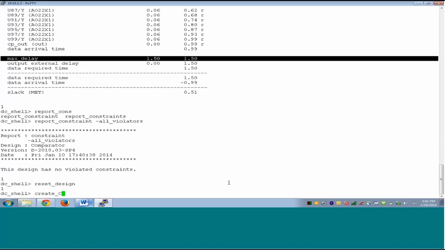Fine. The clock is not part of my design, but I can still create it, right? By using a concept called a virtual clock. I say create_clock -period 2, so I create a 500 megahertz clock, which I know lies outside of my design. I say create_clock -period 2 -name